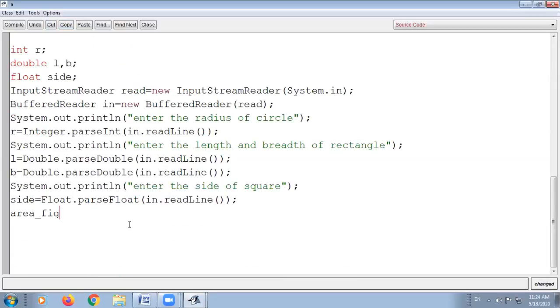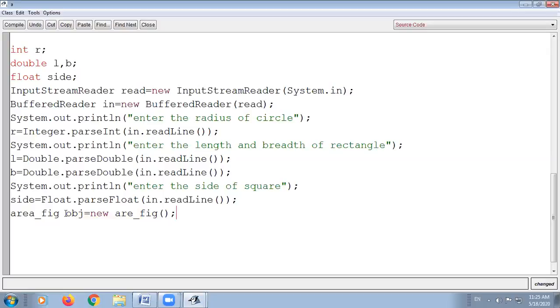So my class name is Area_fig, then equals, the assignment operator, and the new keyword. We have to make a constructor Area_fig, that is the class name again, and put a semicolon. This is the statement for creating the object of the class.